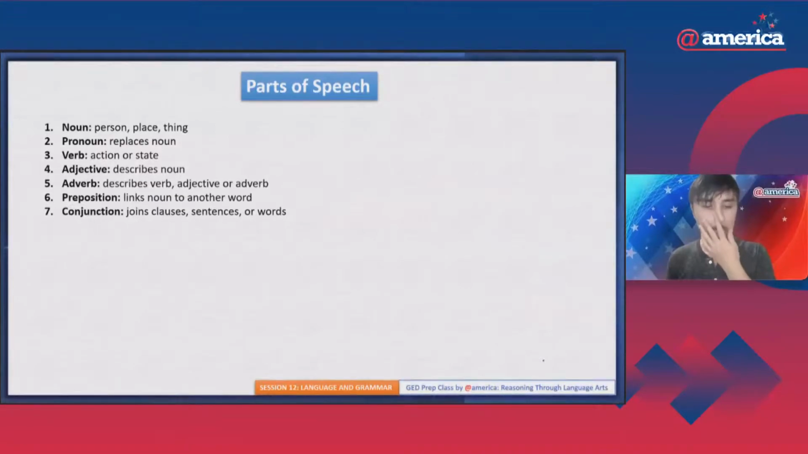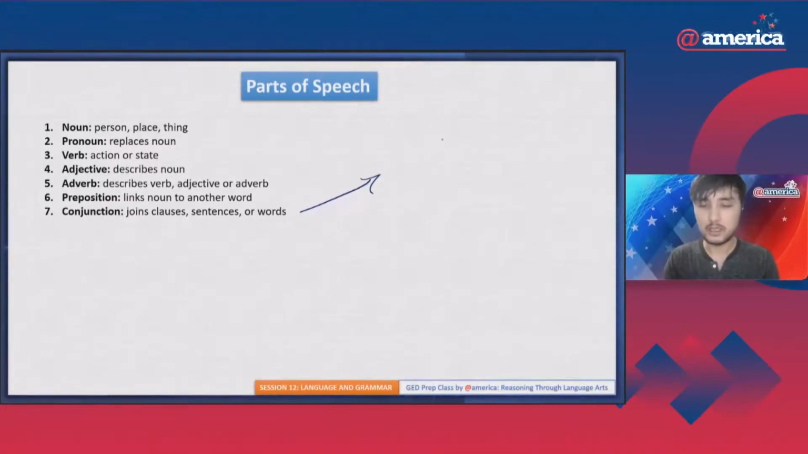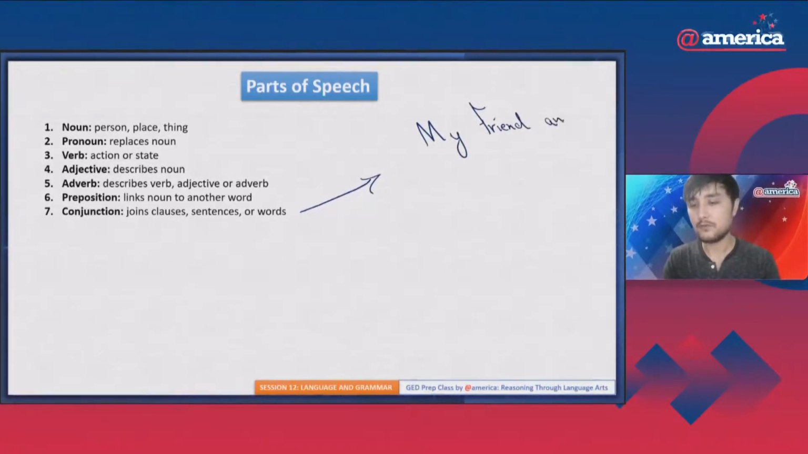So now, the next one is conjunction. Conjunctions basically join clauses. We have independent or dependent clauses. Independent clauses are complete sentences on their own, but dependent clauses are not. And they join sentences or complete clauses or words. You can say that my friend and I